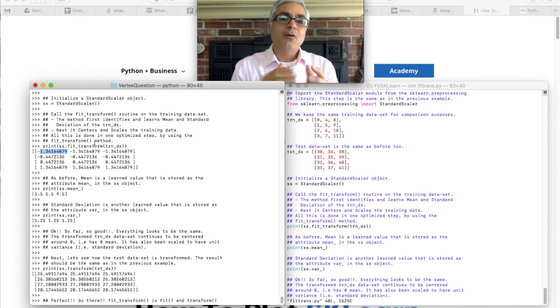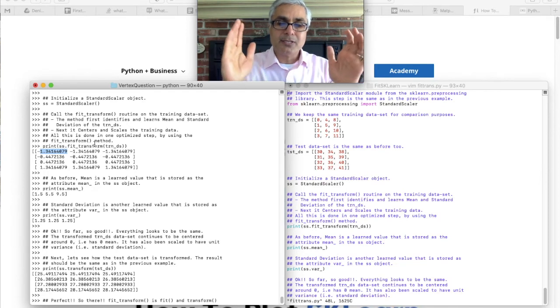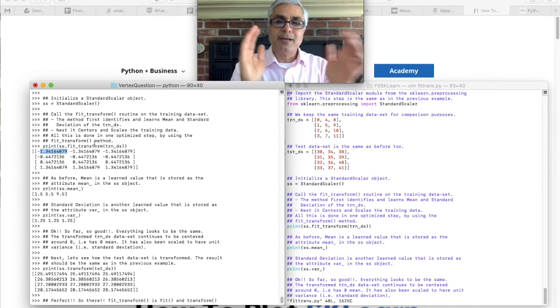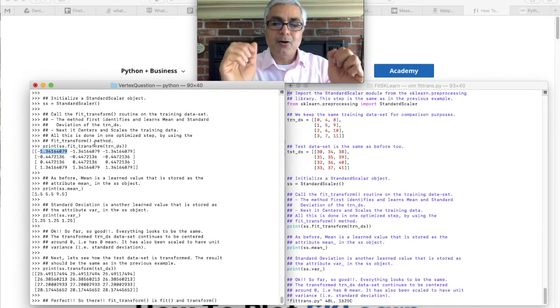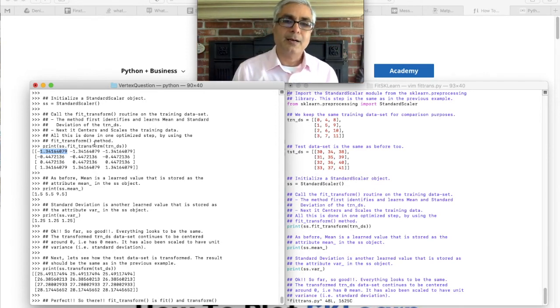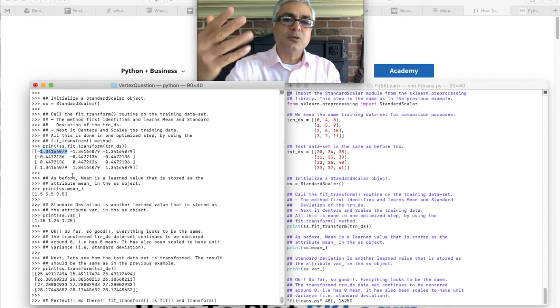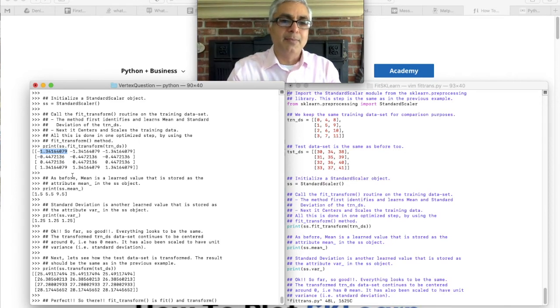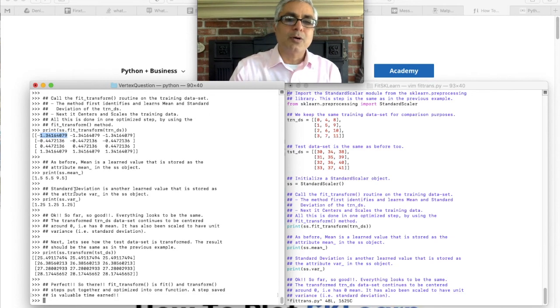Instead of that, the sklearn library optimized the fit and the transform on the training data, and it made the fit_transform method. So it's just 2 steps optimized into 1 step. So now it saves time. When you do this on large data sets, it saves a lot of time. So that's what it is all about.